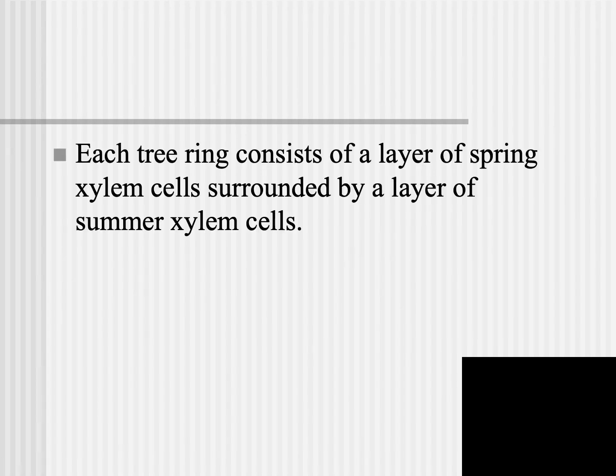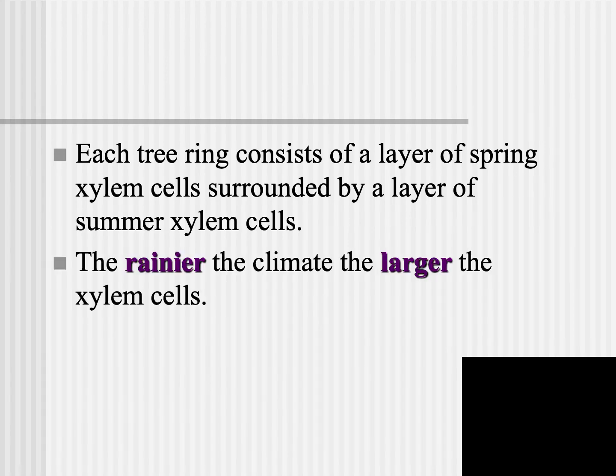Xylem cells are laid down twice per year. One layer is laid down in the spring, and then another layer is laid down in the summer. And so we can tell a little bit about the climate every year depending on how thick the layer of spring xylem cells are, meaning that if you had a really thick layer, you'd have a really rainy spring,